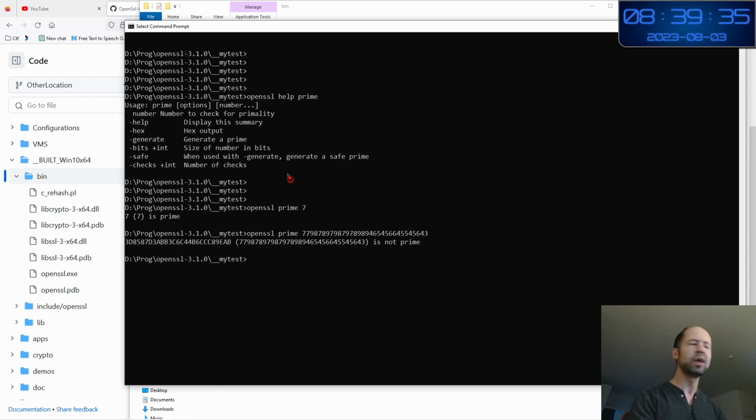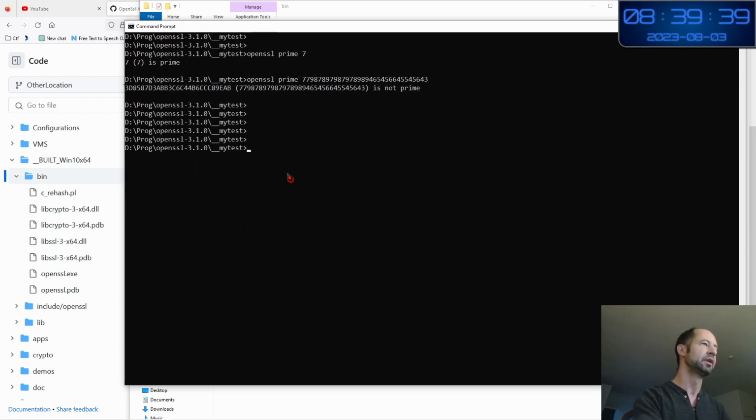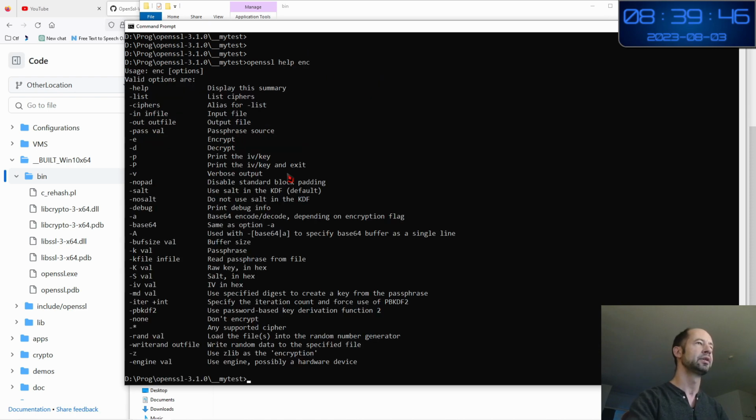Now I want to illustrate how to encrypt and decrypt. So openssl help enc to say how to use this.